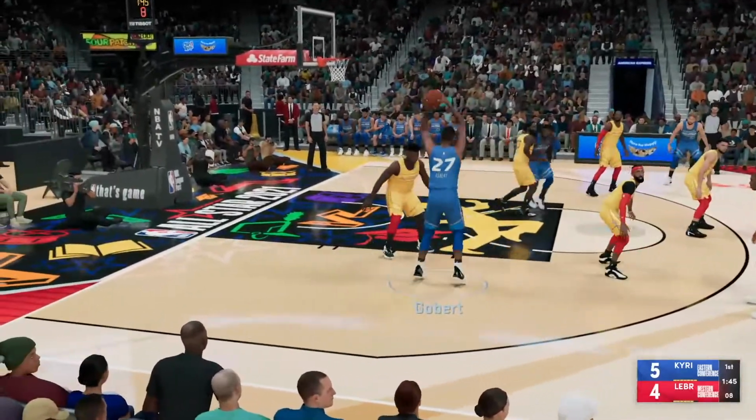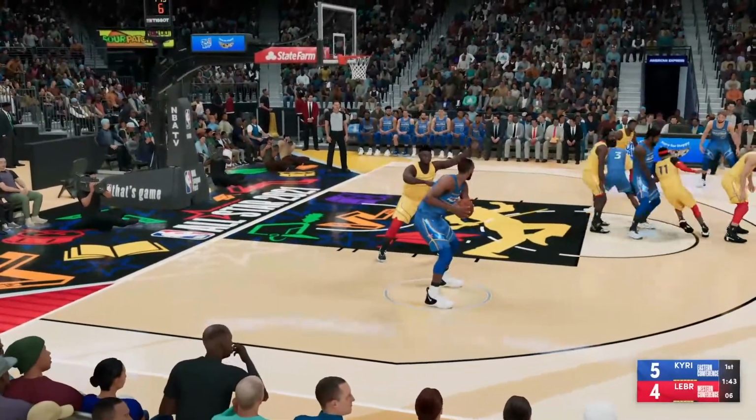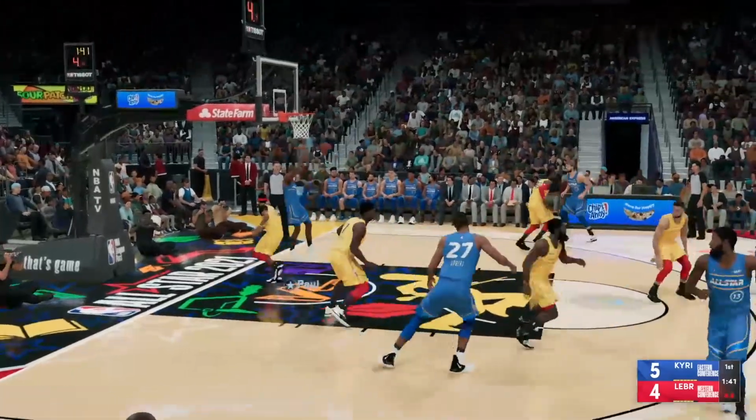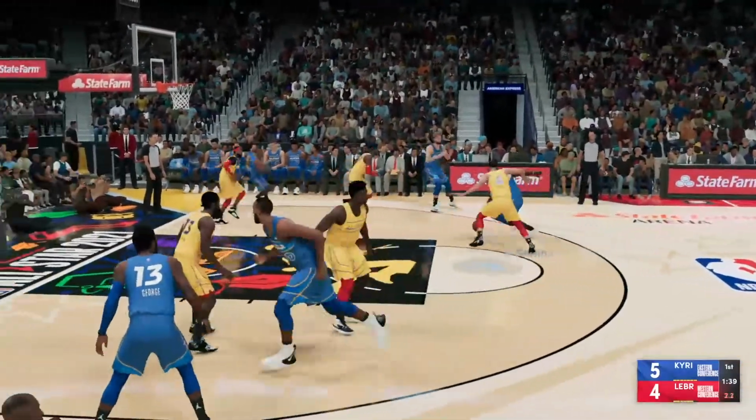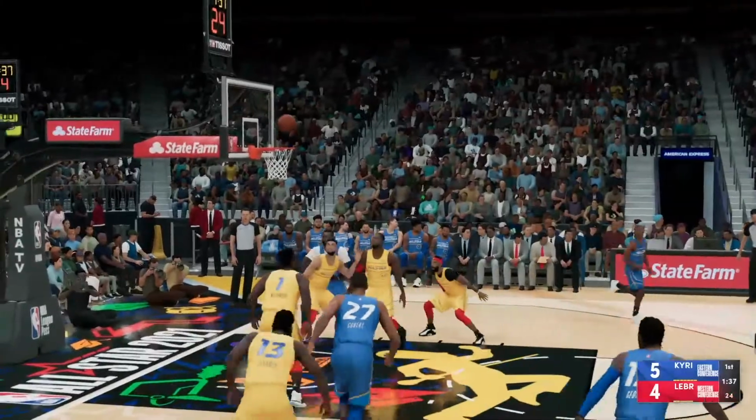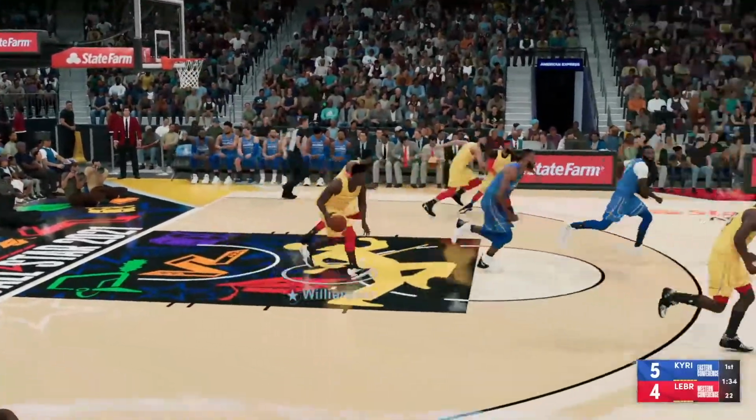Pass to Gobert. Just 5 to shoot. The kick out to Brown. Gobert trying to get open, and it's Brown missing.